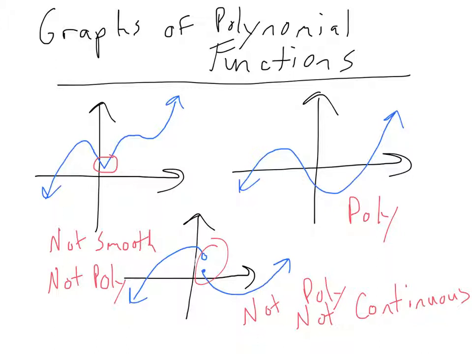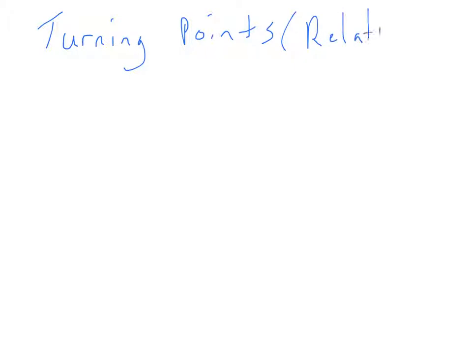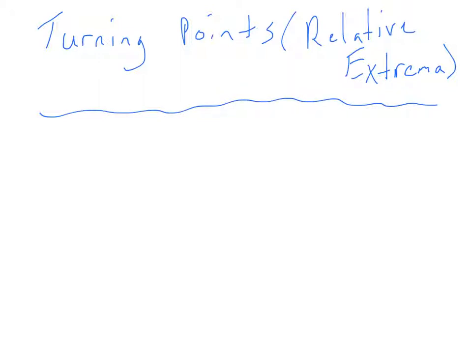Okay, now let's talk a little bit about turning points, which your book calls these turning points. Once you get to calculus, we're going to really refer to them as relative extrema. Relative extrema is a more technical way of referring to them instead of saying turning points. It refers to both relative maximums and relative minimums. So, for instance, if we were to look at the following function,